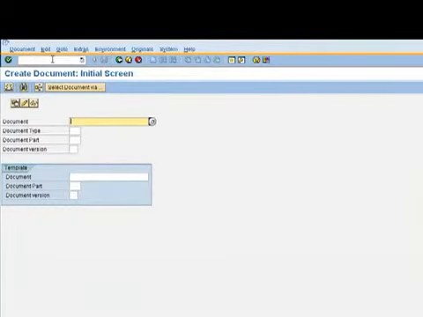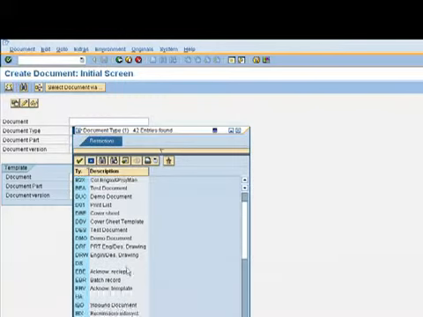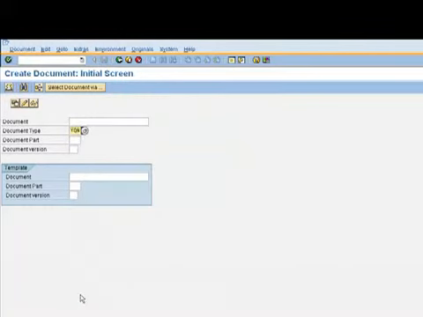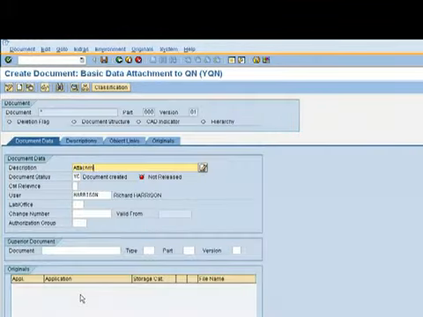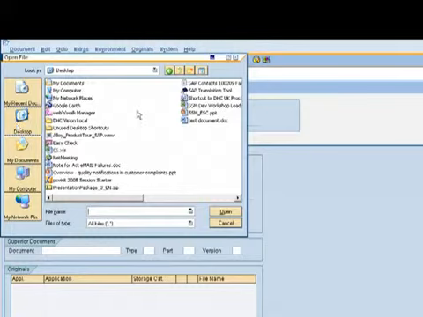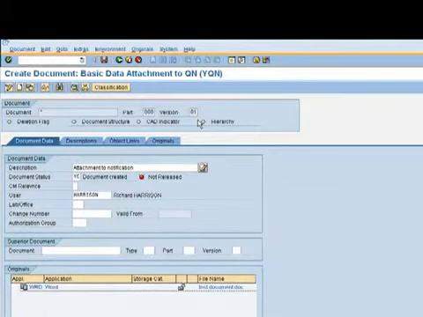So in this case we have a document type that we have customized for attachments and notification, which will allow links to be formed to quality notifications. So we can enter information regarding what the document is. We can then select a document to attach to the notification, so we can check in an appropriate document. So in this case we're going to attach this test document. We can then check it in,